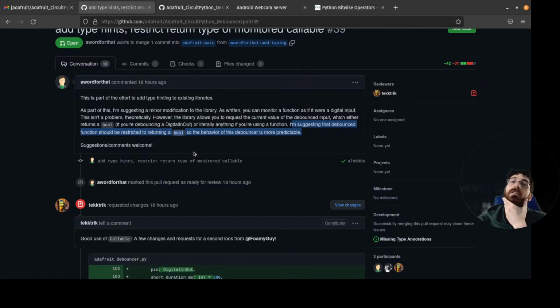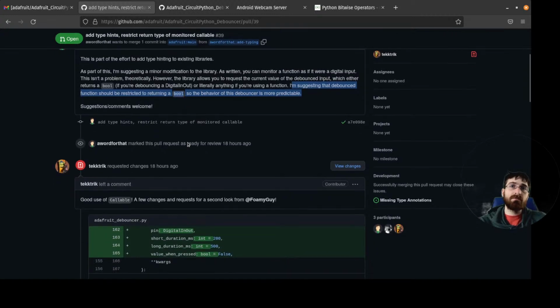I think I'm in favor of technically just allowing it to work that way, but documenting it to say that the function should return a Boolean to be most easy to work with, basically. But if somebody has a use case where they have a function that's returning numbers or whatever else and they want to use it with this and it works, I don't see any reason to make it not work, really. I would probably not try to use code written that way if I could help it.